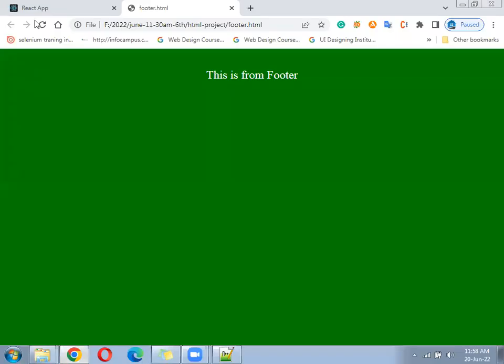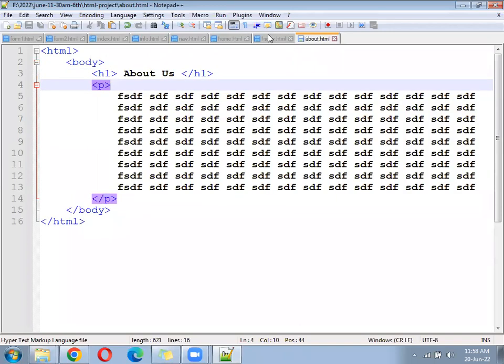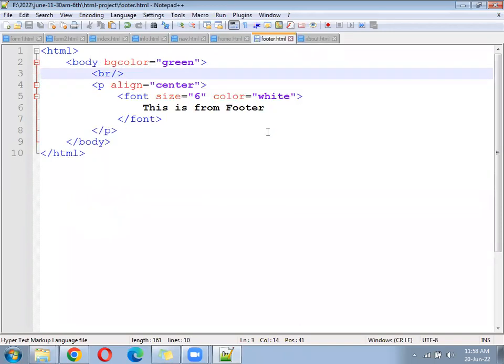So footer is also ready. Okay, cool. Next, what is the next file? Home. In that, simply we can write welcome home with no background. About you have made ready. Footer you have made ready. Okay. Now in the home file,